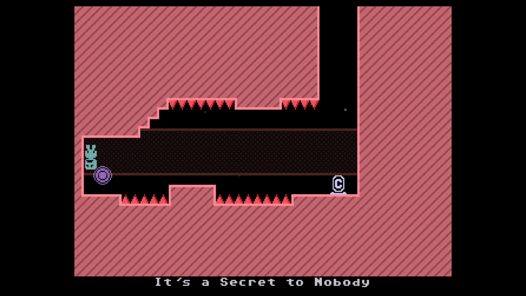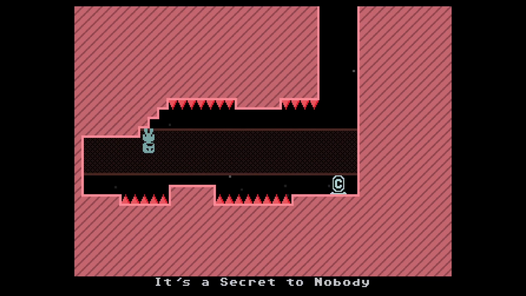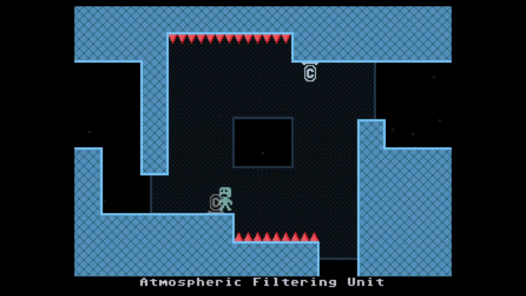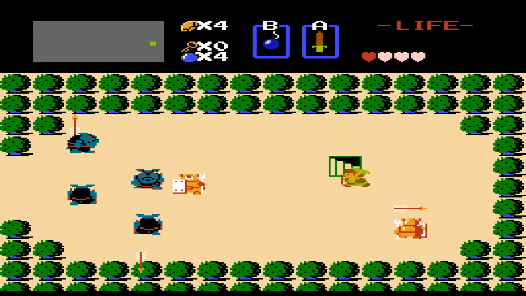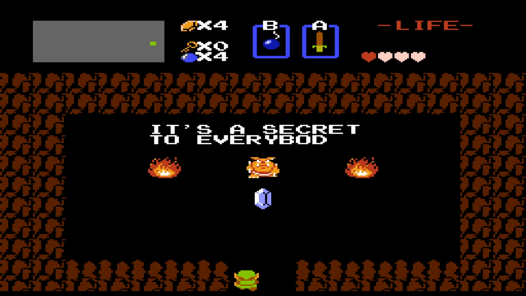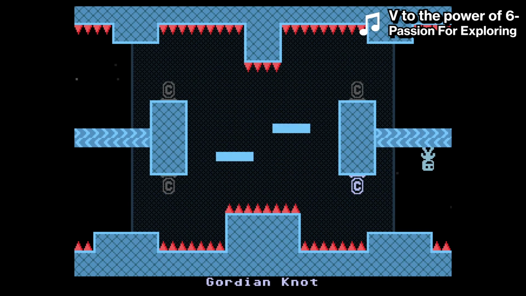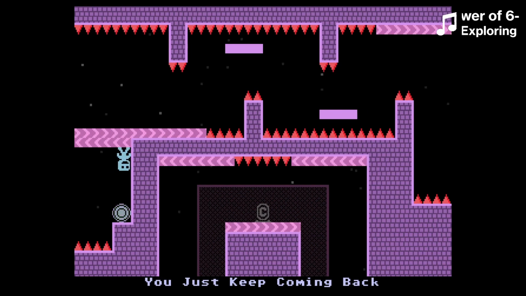atmospheric filtering unit. This little secret area not only gives players a hands-on exploration experience, but it also tells them that falling off the bottom of the screen isn't lethal like in most other platformers. Of course, there's a clue in the name It's a Secret to Nobody beyond the Zelda reference. Most players are going to find that trinket before the tutorial, but doing so gives them an awesome feeling like they've got one up on the game, and chasing that feeling will drive them to hunt down the other 18